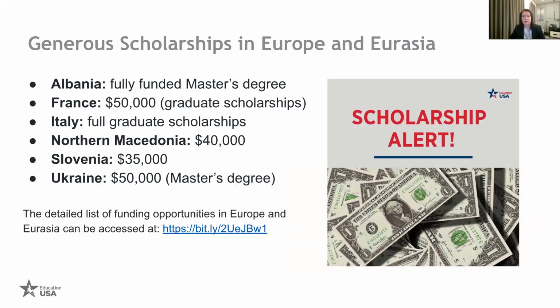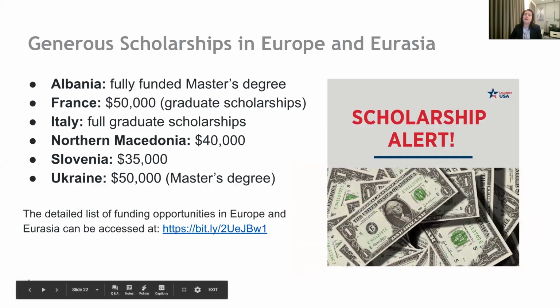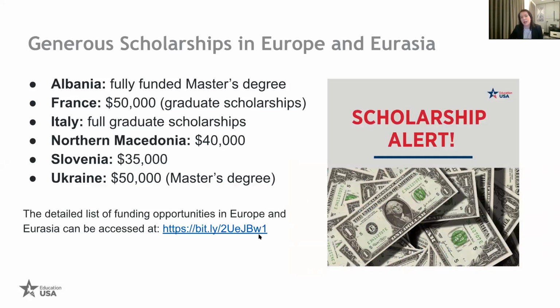What's important for these scholarships for you to know is because they come from the government, they follow certain criteria. Some of them are only restricted to universities that are within the top 100 schools from the Shanghai ranking list. Others are from the top 500 schools of the Shanghai ranking list. And of course, they're limited to certain majors. They might have additional requirements, such as students being asked to come back to their home country so that they can fulfill the 2-year requirements. So all of these specifics are something that the advisors can help you with, and all of this is included in the handout as well.